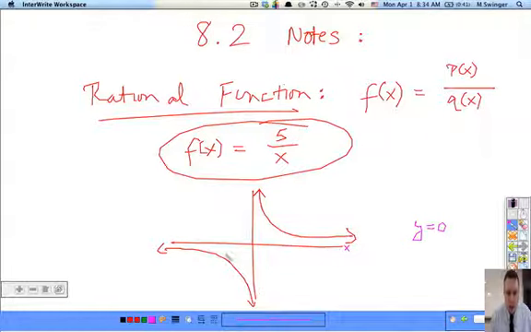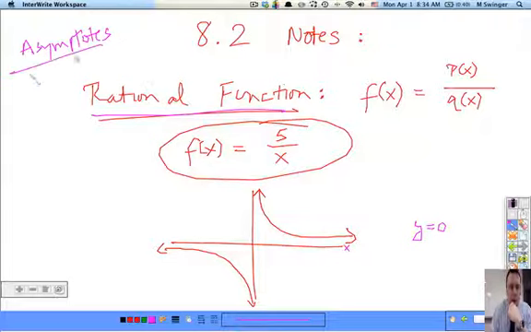Notice even this thing here. This rational function isn't like one continuous thing, like a line. For this, I have to pick up my pencil. I draw this branch. We call this a branch, and then I draw this branch. Okay. So every rational function, just about every one, has asymptotes. So you'll be dealing a lot with that. Okay. Now, the first asymptote is